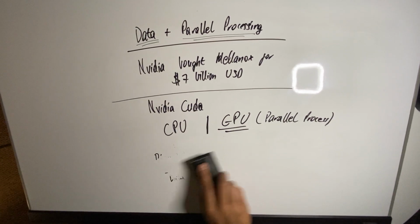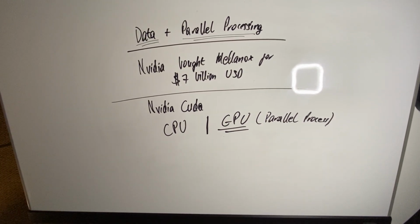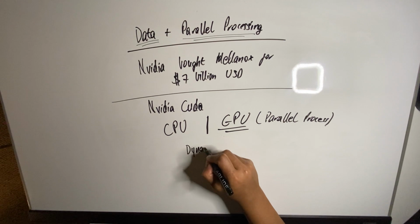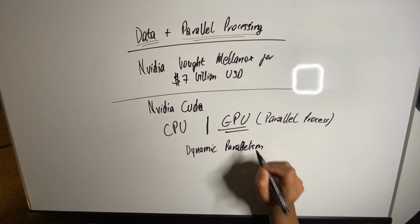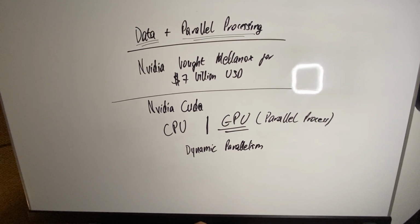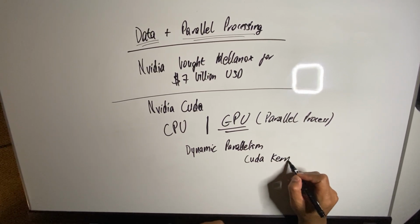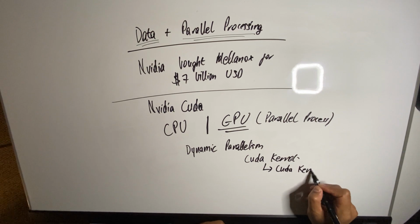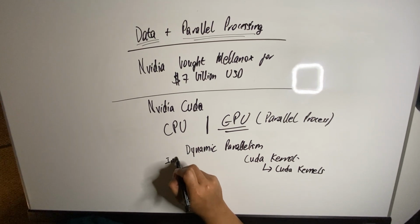So there's another thing that's sort of related to this, and the guys from Nvidia talked about it. It's called dynamic parallelism. And basically what this is allowing you to do is start other CUDA kernels on the GPU itself. So normally you would have an initial